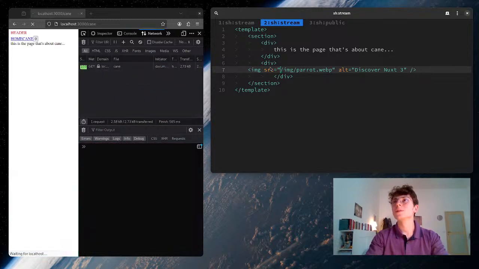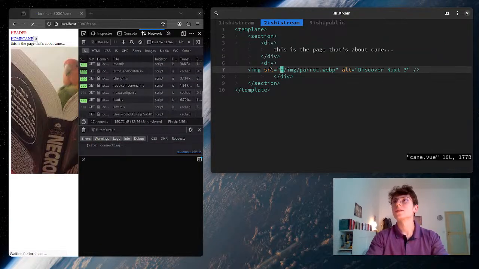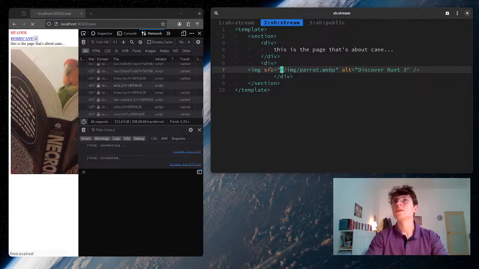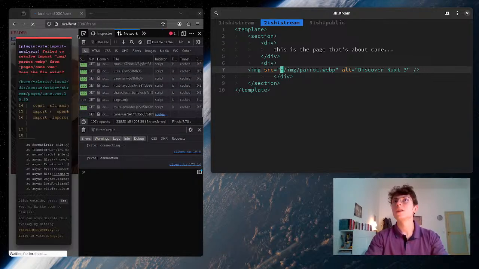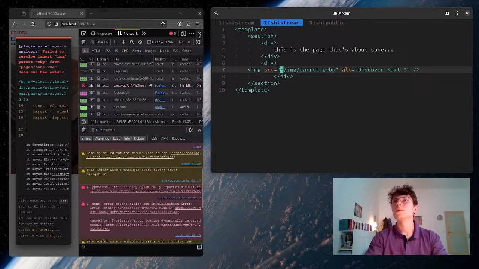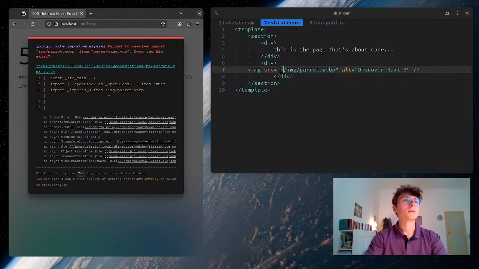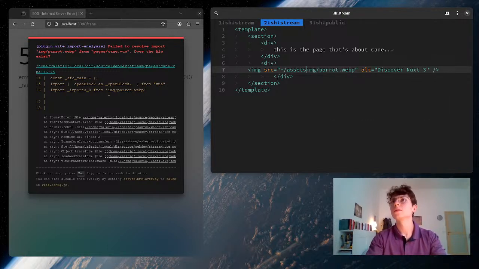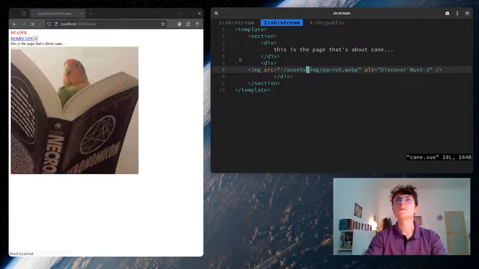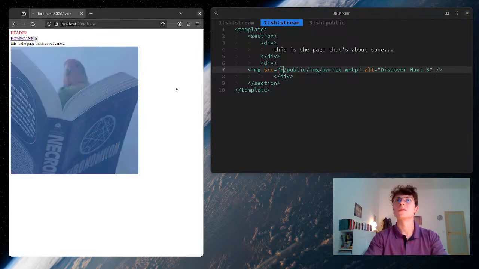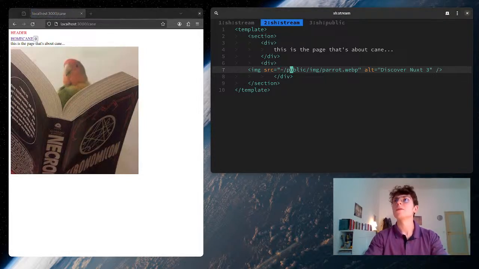So yes, basically now, oh yeah, we don't have it. From now on we should reference it as assets/img. But does it work also with public? Like, I'm thinking that this tilde only means, yeah, I mean, this tilde might actually mean the home